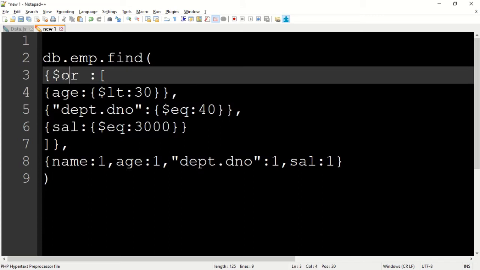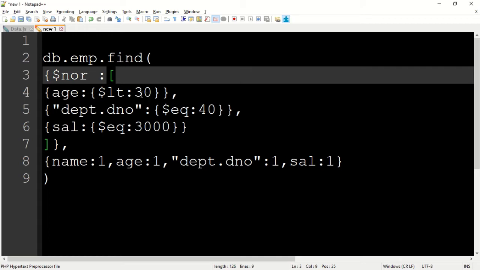Find, instead of OR I'll say NOR. The first condition here is age is less than 30. In that case, NOR means not of this, not the age less than 30.